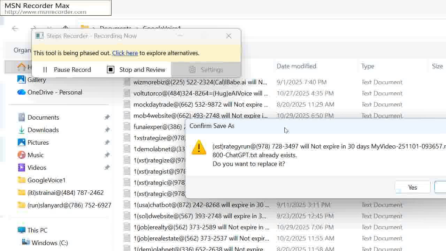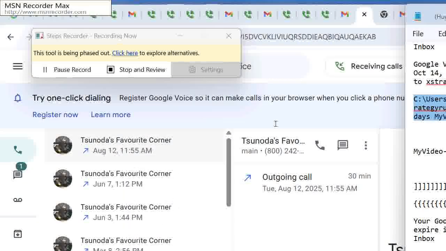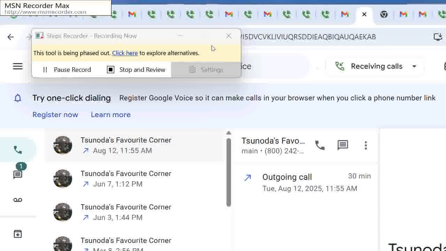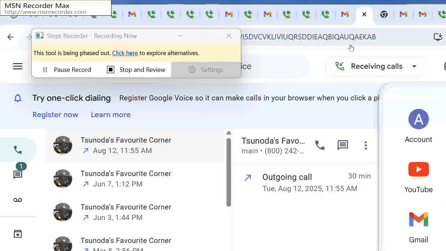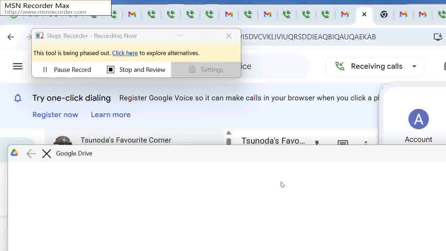Yes, so every 90 days one has to use it or else it will expire, as Google is telling me in an email. This number will expire. That's right.